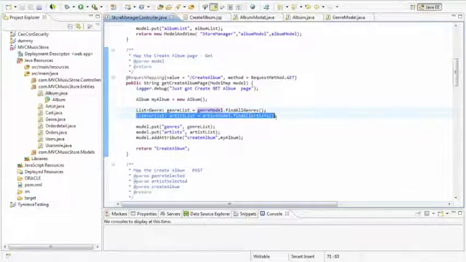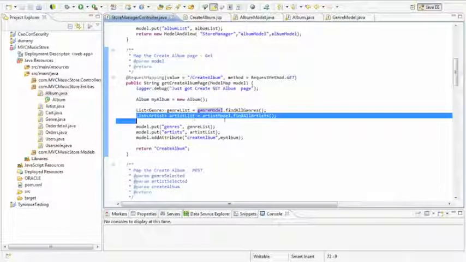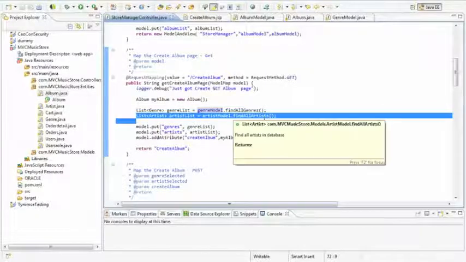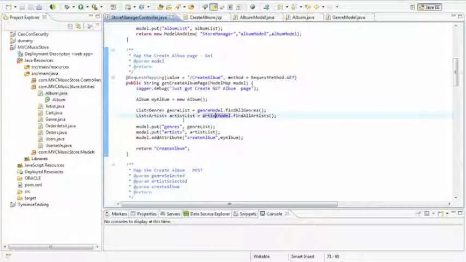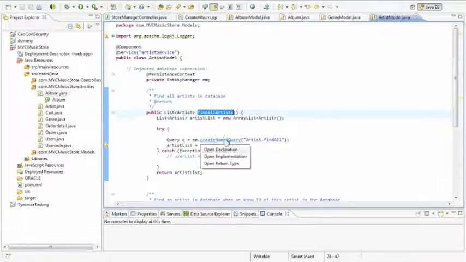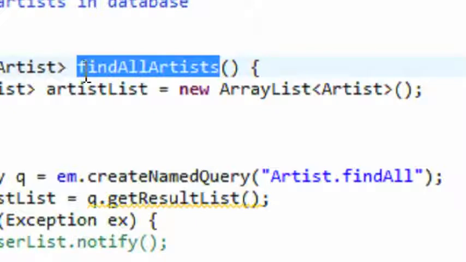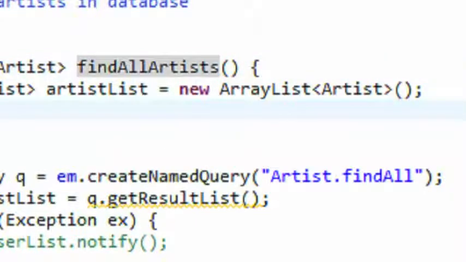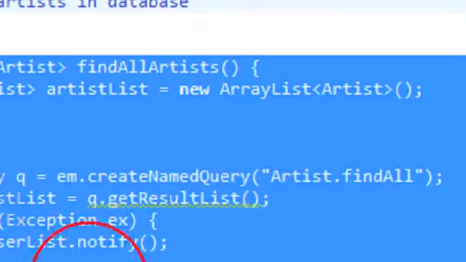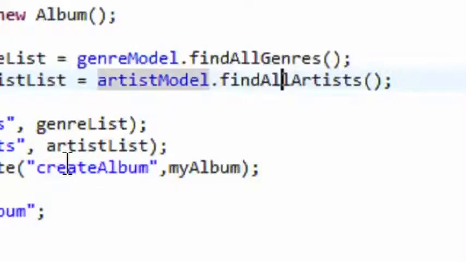and the same for artist list, find all the artists and put into artist list, and inside the artist model, this one will return a list of all the artists inside the database, and put it back and put the